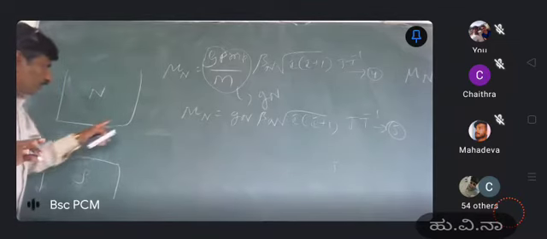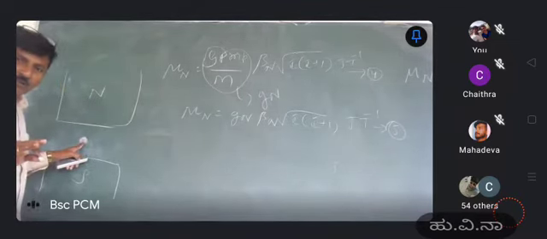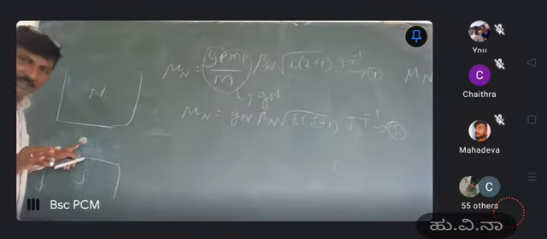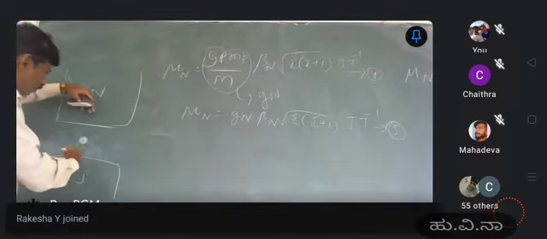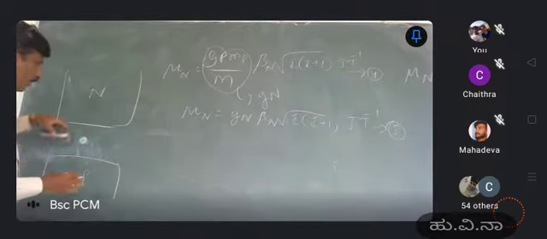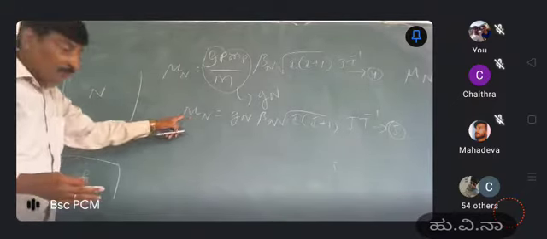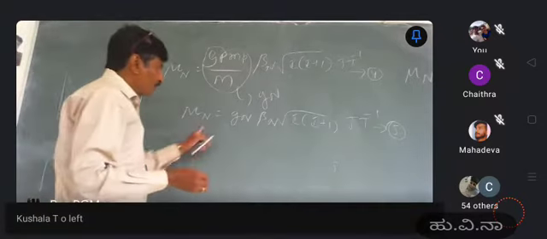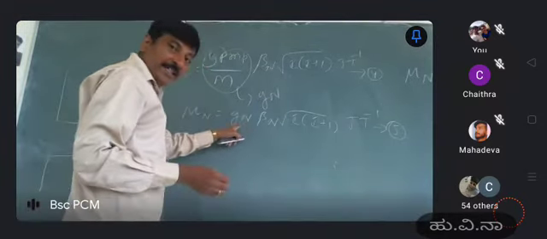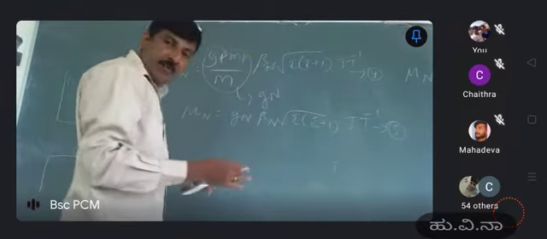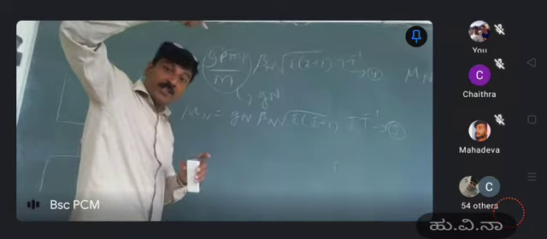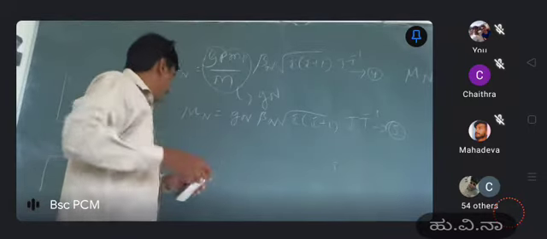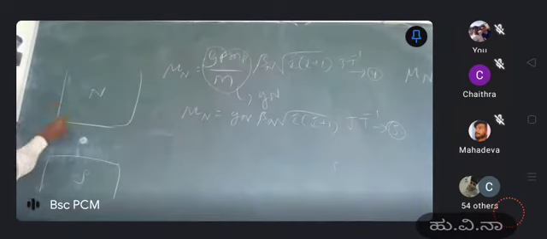This is the strength of the magnetic field. Again, I am going to write this nucleus as another magnet. It is kept inside one more magnetic field. What happens if I keep this magnet in the presence of another magnetic field? It is with respect to that magnetic field direction. The magnetic field direction starts from north to south. This is the direction of the applied magnetic field.